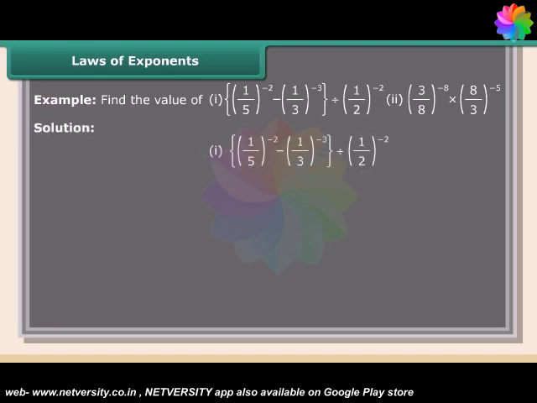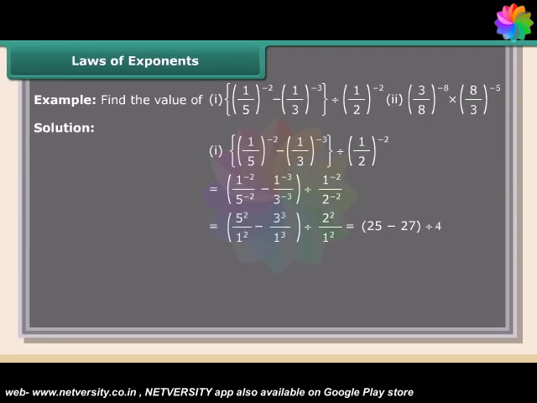Solution. (1/5)^(-2) minus (1/3)^(-3) divided by (1/2)^(-2) is equal to 1^(-2) upon 5^(-2) minus 1^(-3) upon 3^(-3) divided by 1^(-2) upon 2^(-2), which is equal to 5^2 upon 1^2 minus 3^3 upon 1^3 divided by 2^2 upon 1^2